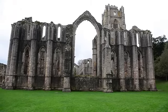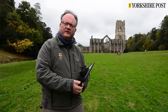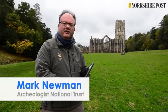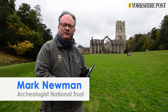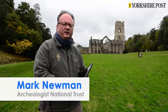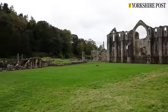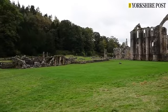Really exciting revelation that we're making is using the latest geophysical survey techniques. We have discovered entirely new buildings here at Fountains Abbey. Things that we didn't know were here and no one has known since the Abbey was dissolved almost 500 years ago. So the buildings we've discovered have been part of our investigation of the East Green to the east side